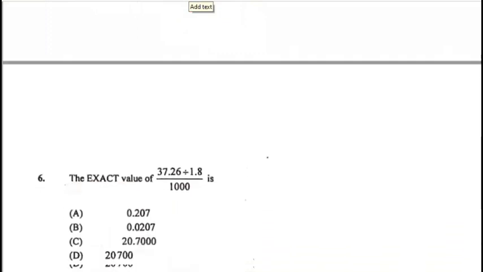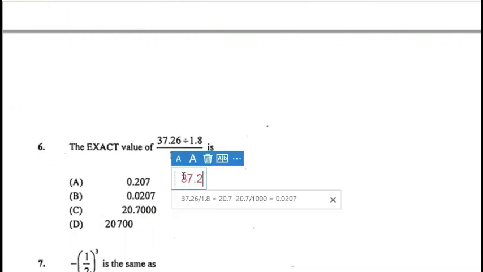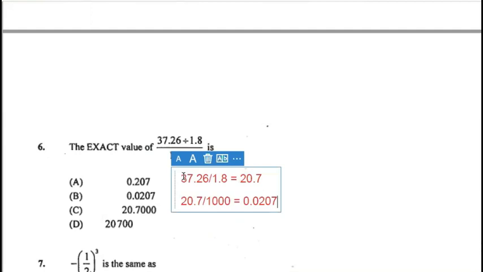So number 6, the exact value of 37.26 divided by 1.8, and all of that is divided by 1000 is. So what we'll do is work it out in parts. First it will be 37.26 divided by 1.8, and you'll get 20.7, and it is this 20.7 that you will divide by 1000 to get